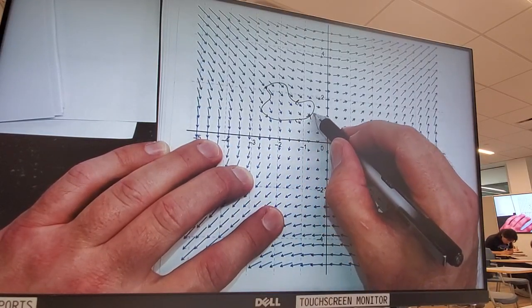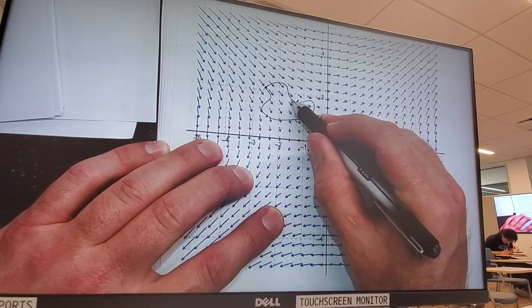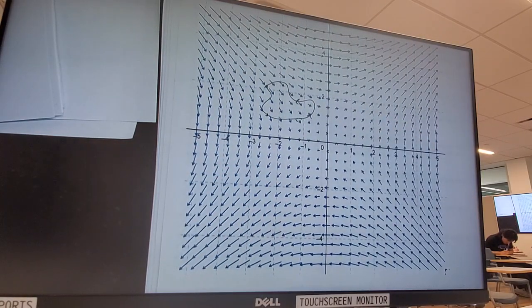The minute I start to turn this way, what happens? Now I'm going against the field, so everything I gained is basically lost. Now, I'm not going to sit here and try to actually measure the arrows and go around and get a number. Can you look at your own circle or blob and think about it the same way I just did? Can you see how you should get 0 at the end? If you go around your curve, you will get a total of 0 contribution, 0 help. The hurt I would subtract and the help I would add, so I end up with 0.